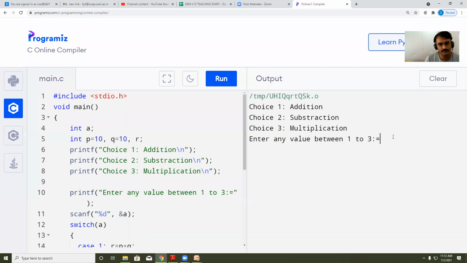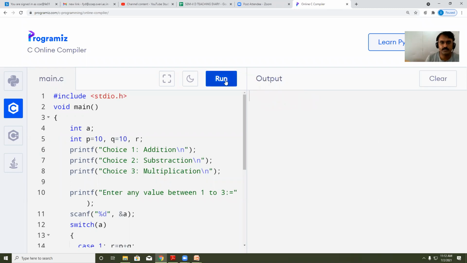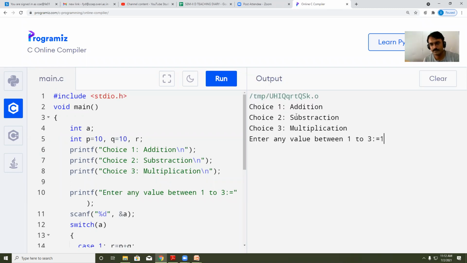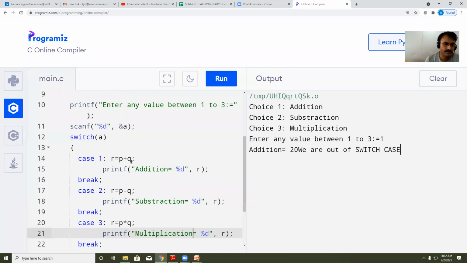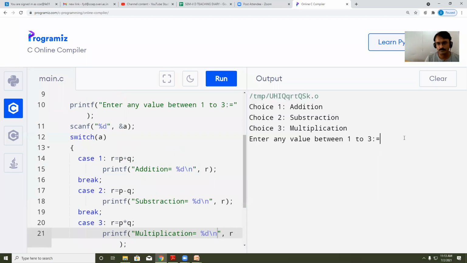So if I write 1, it will go for the addition. Okay, I will rerun the program again. 1, addition 20. Okay, 10 plus 10 here, 20. I will write here \n so that you will find the difference.